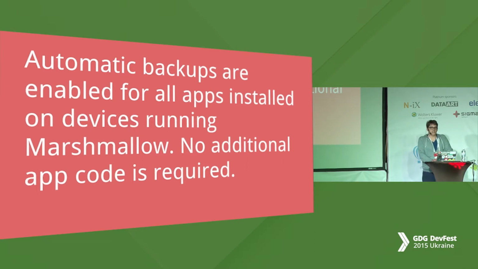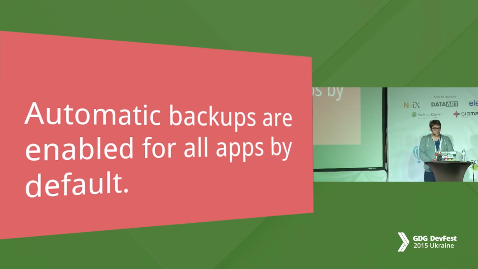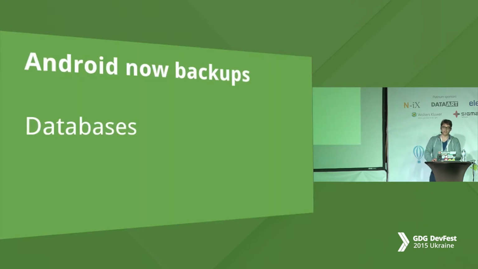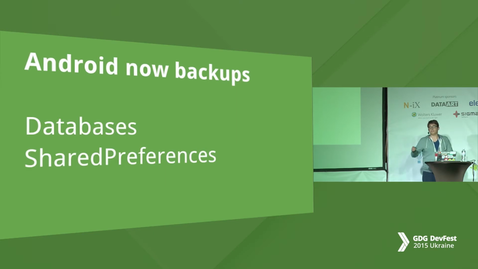So you just update to Marshmallow and your applications start to back up. In theory, it's that simple. So what does it mean that it's enabled by default? It means that Android, starting from 6.0, will automatically back up your databases, shared preferences, which are